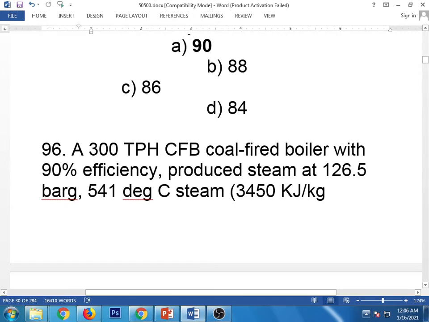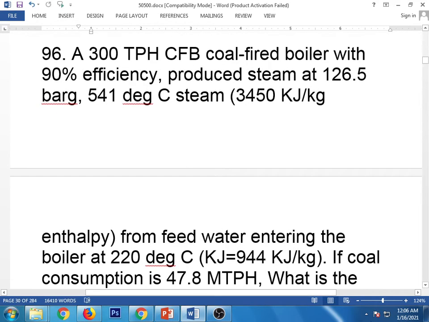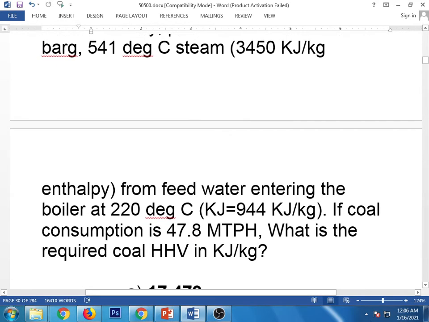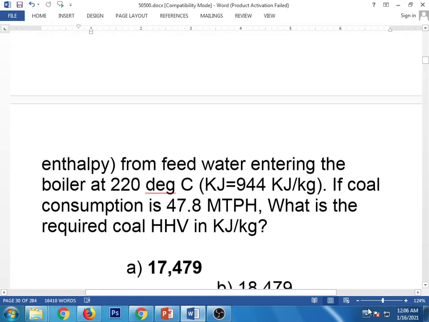A 300 tph CFB coal-fired boiler with 90% efficiency produces steam at 126 bar, 541 degrees Celsius, with an enthalpy of 3,450 kilojoules per kilogram, from feed water entering the boiler at 220 degrees Celsius, with an enthalpy of 944 kilojoules per kilogram. If coal consumption is 47.8 mtph, what is the required coal HHV in kilojoules per kilogram? Answer: